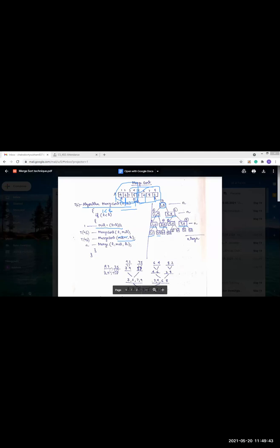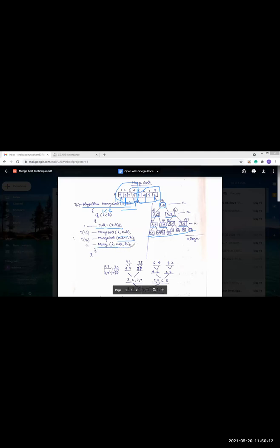If we divide this also, it will become 5 and 6. And if we divide this part, 7 comma 8, there will be 7 and 8. So in the last line, when we reach here, we can say that only one element is present now. When there is only one element present, what will we do? We will then start this function, merge.